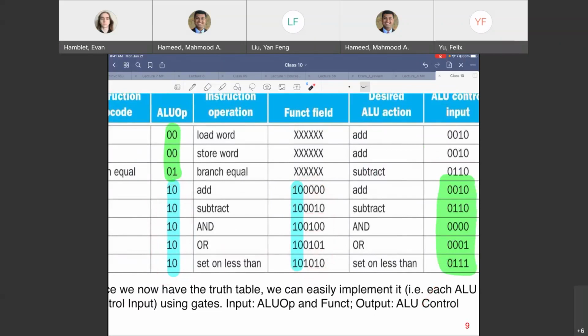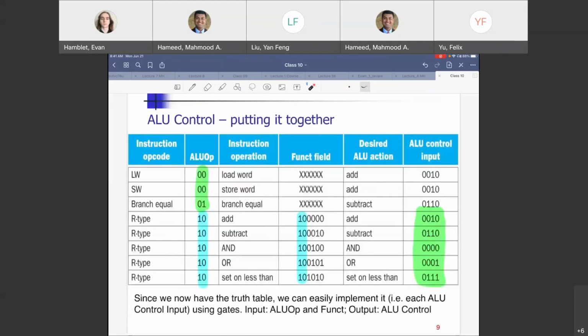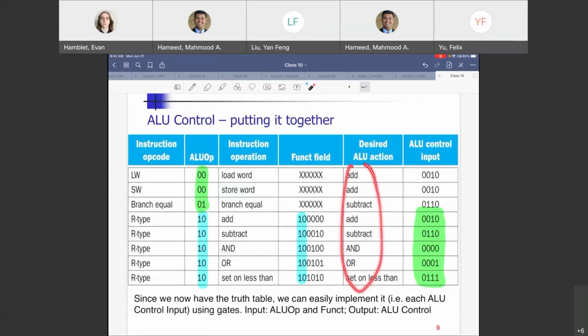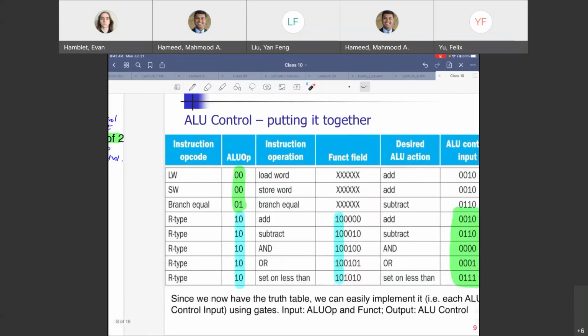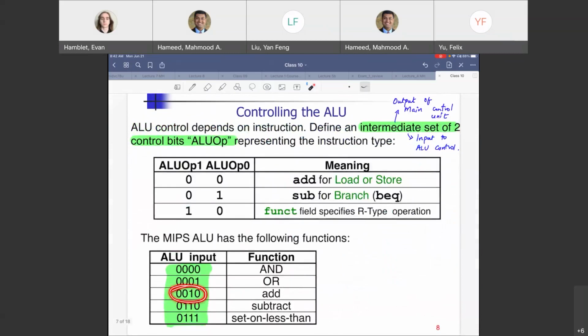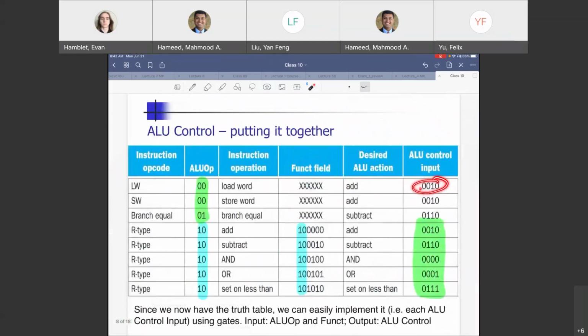They are coming from our sheet, right? Let's see. Right. So that is coming from our MIPS reference sheet, whatever that 6-bit code is for add, subtract, and, or, and set on less than. Here we are doing add. Here is your ALU control input. For add, we have got 0010. All right. So whenever we need to add,